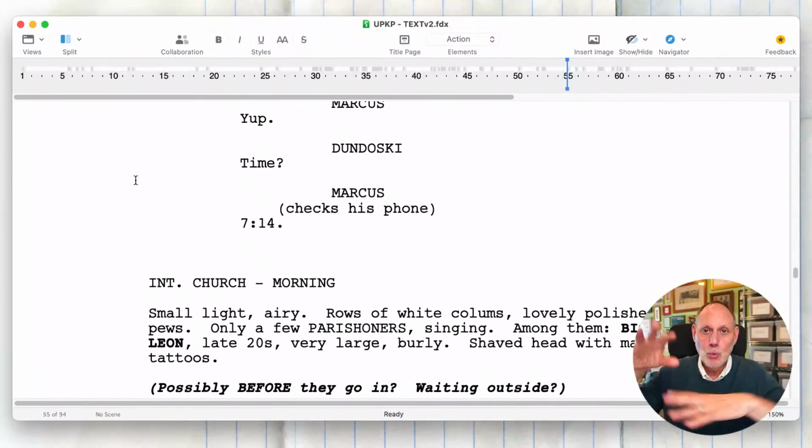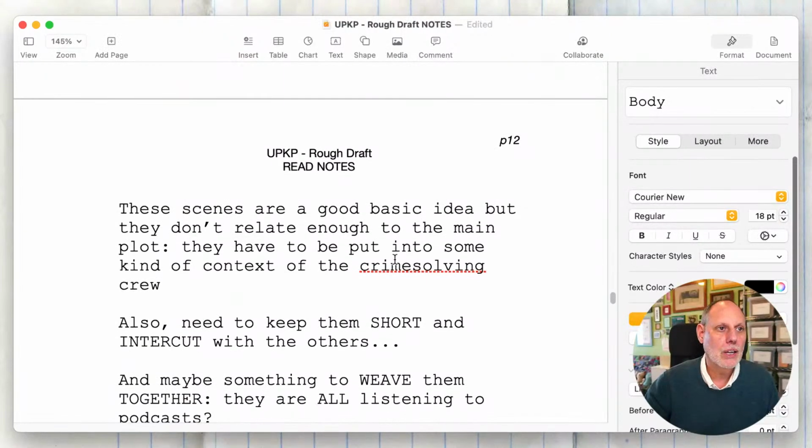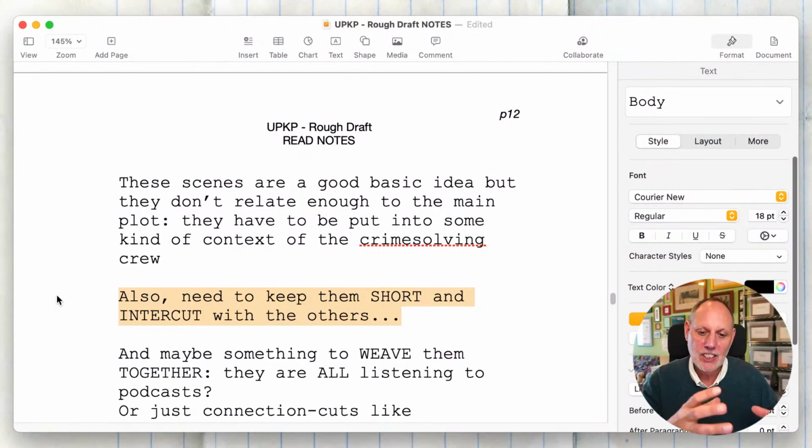In truth, they're going to have to weave together. And one of the most important things to do is we need to make them feel like a single intercut sequence. That's the most important thing. They're not fully separate scenes.